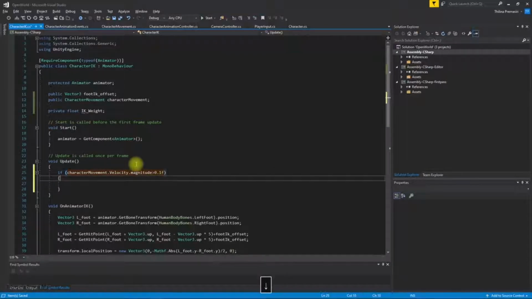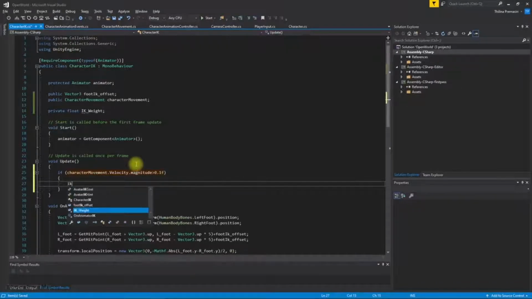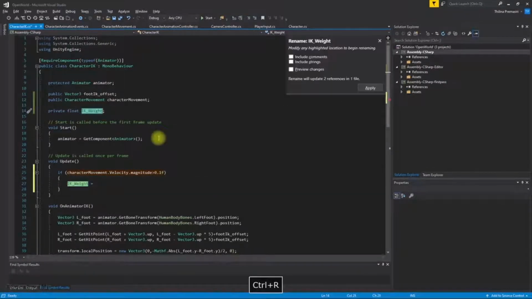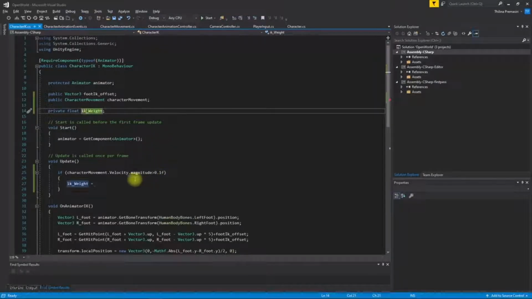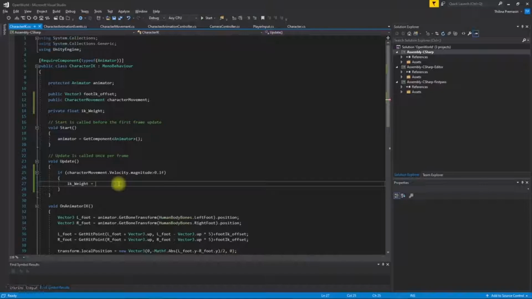If it is larger than 0.1, I should set IK weight equals, I think it would be better if I make the first I simple, because I don't like to start variables with a capital letter. Let's make it all simple, because we have an underscore anyway. Okay, equals math dot lerp